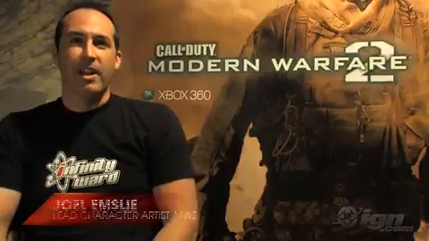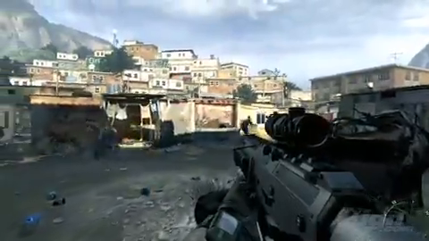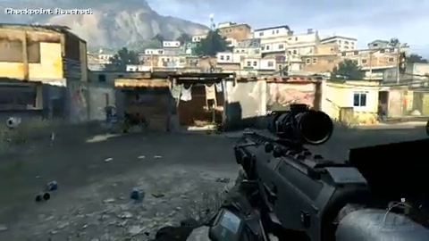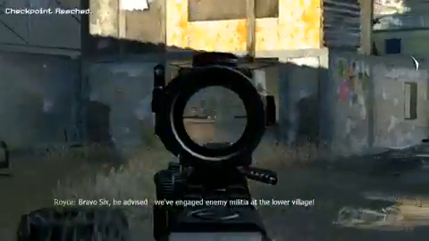The level is called Takedown, and you're right along with Soap McTavish and 141, and you're trying to flush out this very special character to the story and track him down and extract information from him. So he's embedded in this environment with a militia surrounding him. So the thing I think is really unique about the level that we're kind of new to in this game